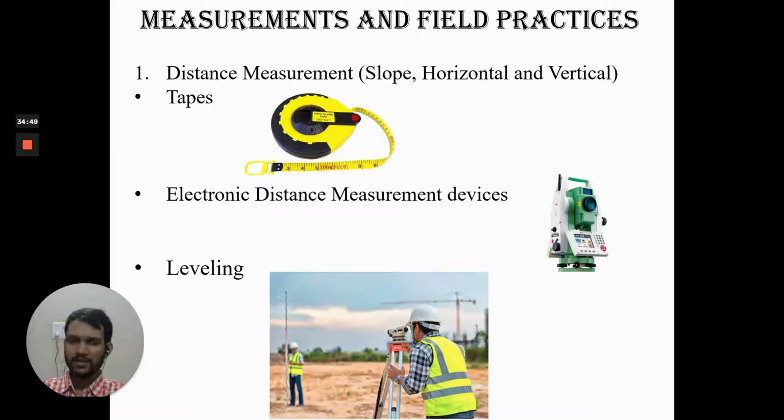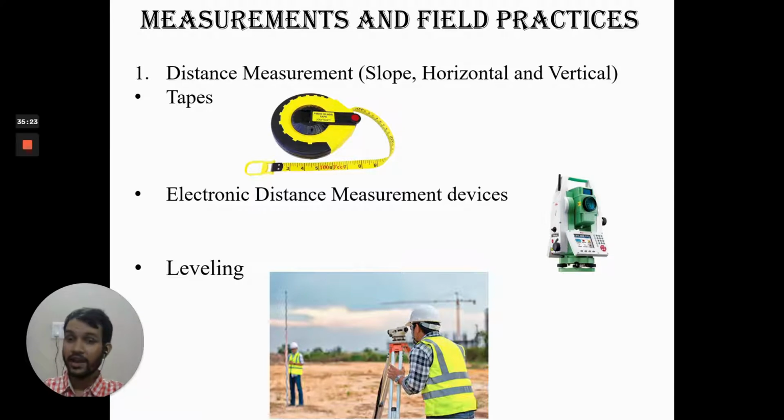The concept behind it I will tell you. It uses the concept of measuring the phase difference between electromagnetic waves. It works on electromagnetic waves, and once these waves travel, once you have started the instrument and located the point, the distance between those 2 points is measured by the phase difference of the electromagnetic waves that are traveling. From the phase difference it can easily calculate the distance between those 2 points, and it electronically displays it also.